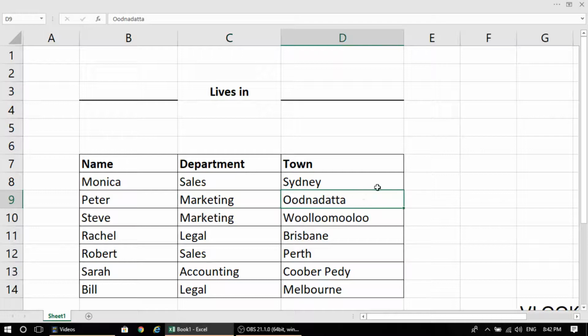Udna. I'm not going to try that. I'm going to change it to Bondi. And Steve from marketing lives in, yeah, I'm going to stop. I'm not going to change this anymore. You get the idea. So we got the table, a bunch of people work at different places and the towns